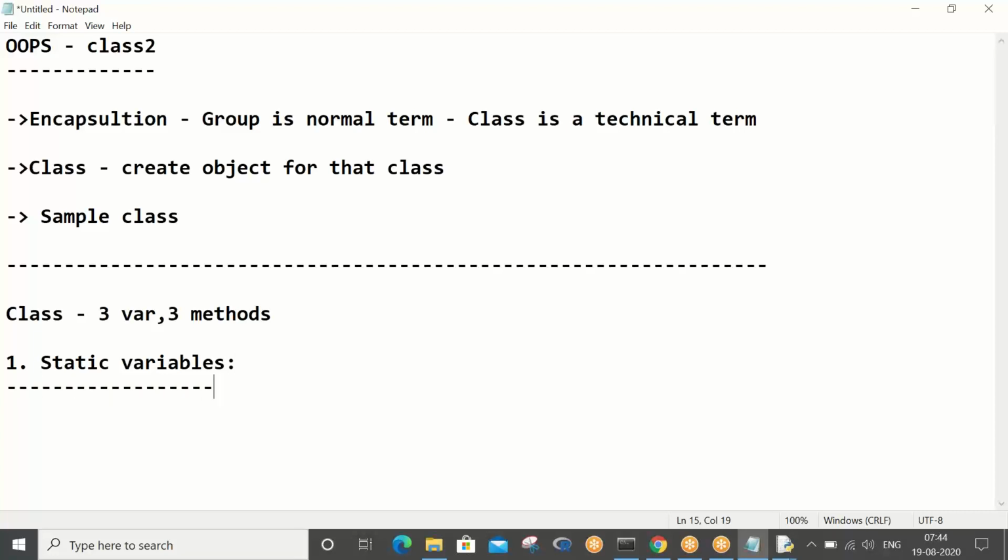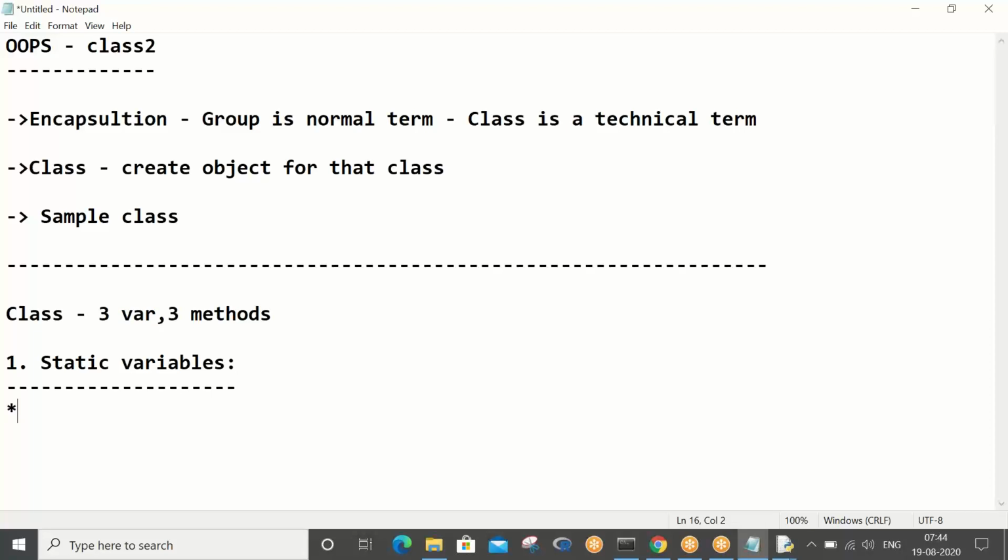So what do you mean by static variable? You have to be very clear whenever you are getting introduced to object oriented programming. What are these three types of variables, and at what point in time do I have to use which variable? For which kind of data should I use a static variable, for which kind of data a non-static variable, that is an object variable, and for which kind of data a local variable? You have to be very clear with these things. First, let us try to understand some points about static variables.